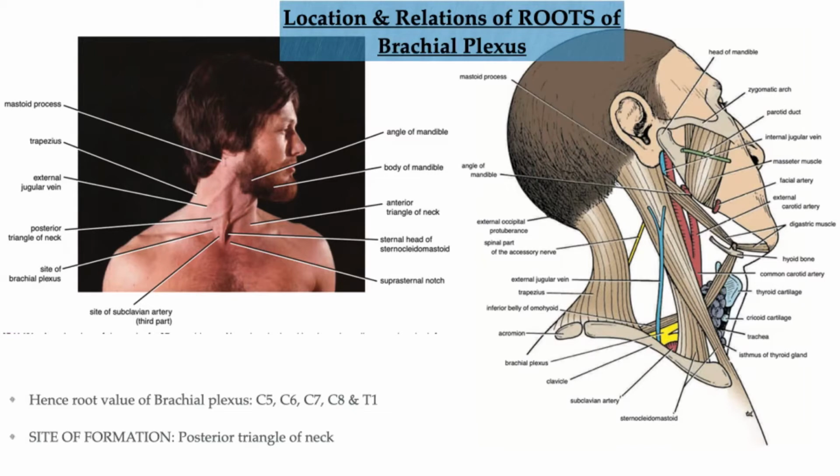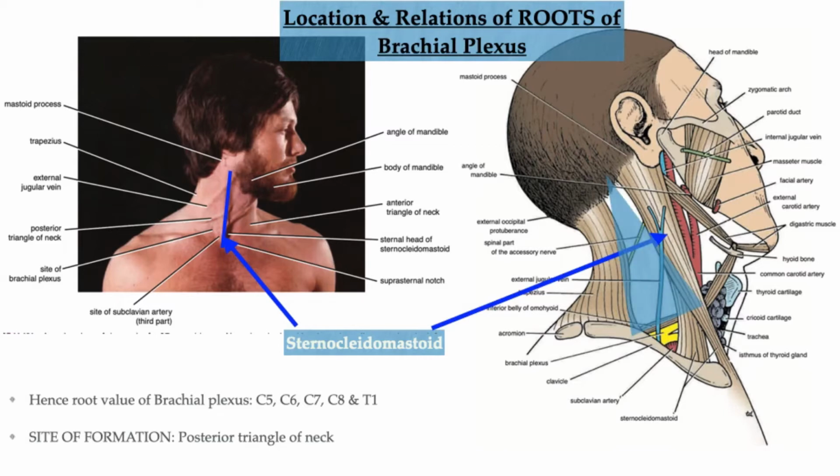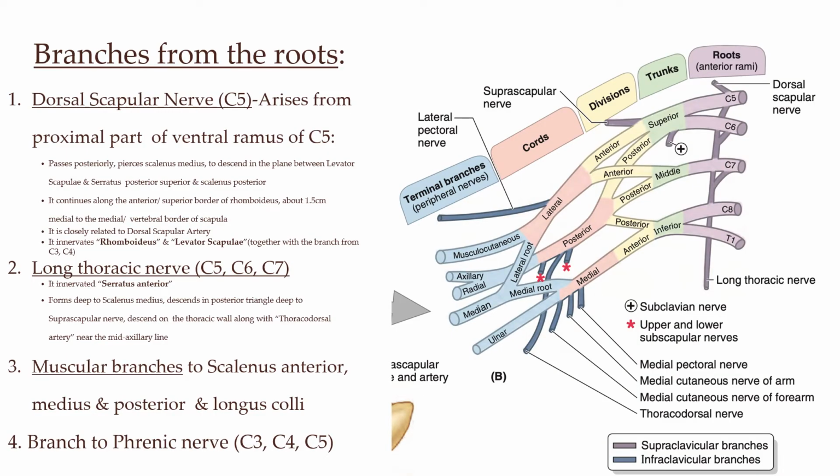Now this illustration is to show you the surface projection of the brachial plexus in the neck. In the illustration on the left side, you can see a muscle. This is called sternocleidomastoid. Now in the illustration, which is the schematic representation on the right side, you can see this is sternocleidomastoid. Posterior to sternocleidomastoid, there is a triangle defined in the neck which is called the posterior triangle. In the lower part of the posterior triangle, we have the brachial plexus, as you can see in the illustration here.